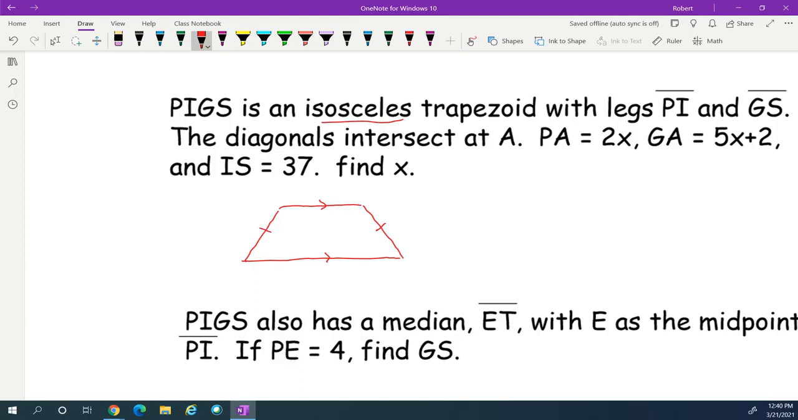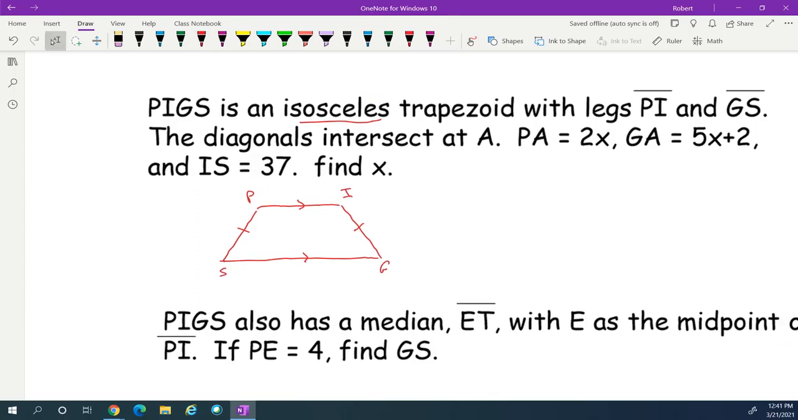And I'm going to start in the top right and go around it. So I'm going to go clockwise. I'm sorry, top left and go clockwise. So P, I, G, S. Now that's what we've been taught all along. If we read the question carefully, and this is really, really important,